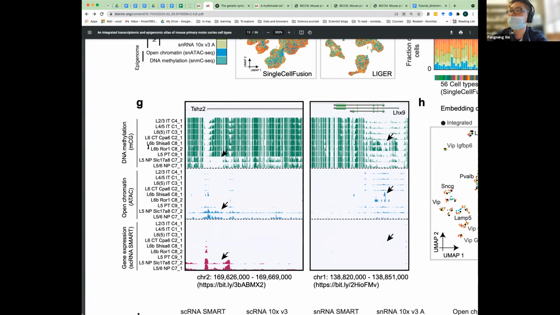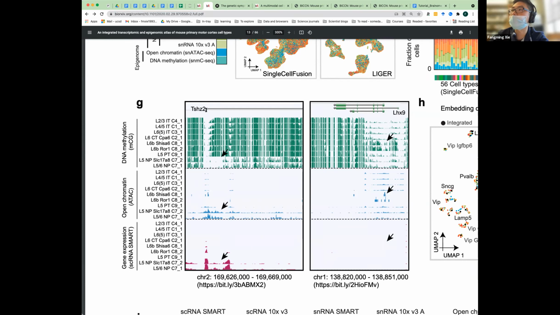We are showing you 3 different data modalities and a bunch of different excitatory cell types, including the IT cells from layer 2/3 up to layer 6, and CT cell layer 6B, PT, and NP.